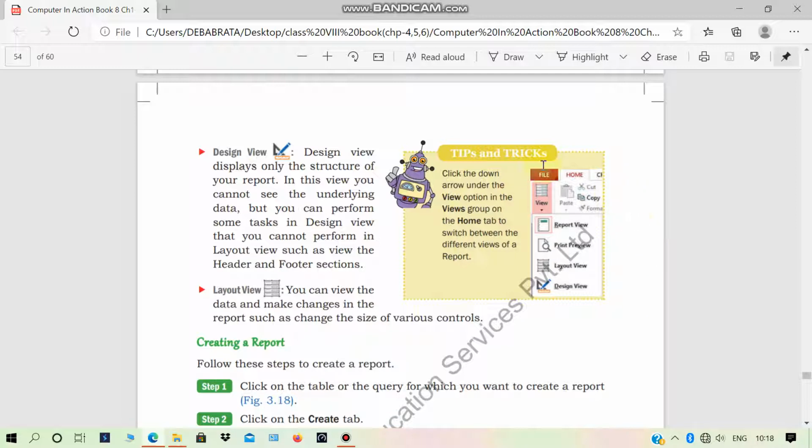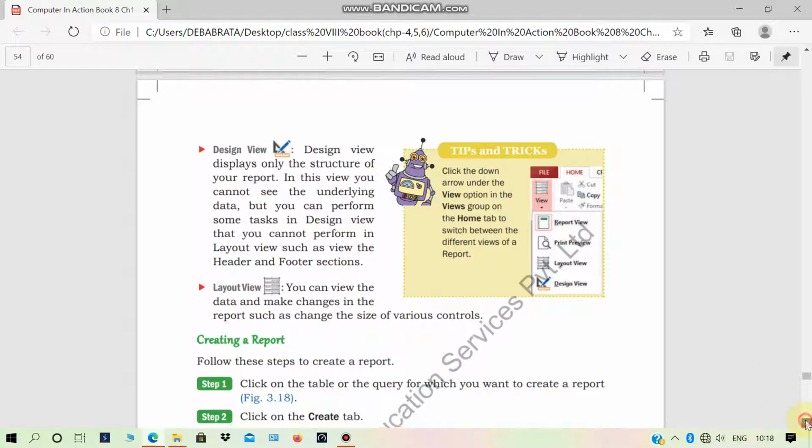In the diagram also, at the right hand side of your textbook, you can see report view, print preview, layout view, design view. These four views of the report you can have under the view button of file menu.